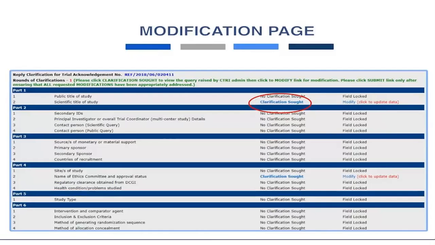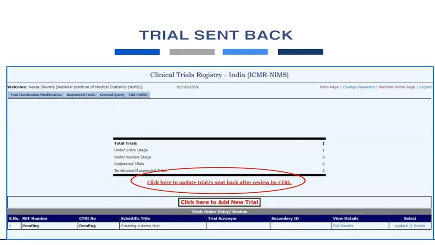So there is a reference number, and this reference number is responsible for tracking all the details. Now, as I said, suppose any kind of modification is required in the application, in the registration process. If the review committee of the CTRI undergoes the process of review, and in that review they find some discrepancy, some modification, some alteration, some changes that are required from the registrant, then in that case they will send the application back to the